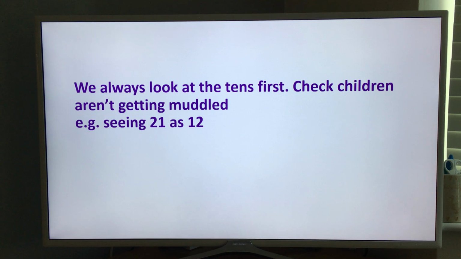If you see that your child at home is getting muddled and saying 12 instead of 21, or 34 instead of 43, it may be that they're getting the 10s and the 1s muddled up. So they're looking at the 1s first, but saying those in the 10s place, if that makes sense. So if you find any of those reversals or any of those muddles, just encourage children